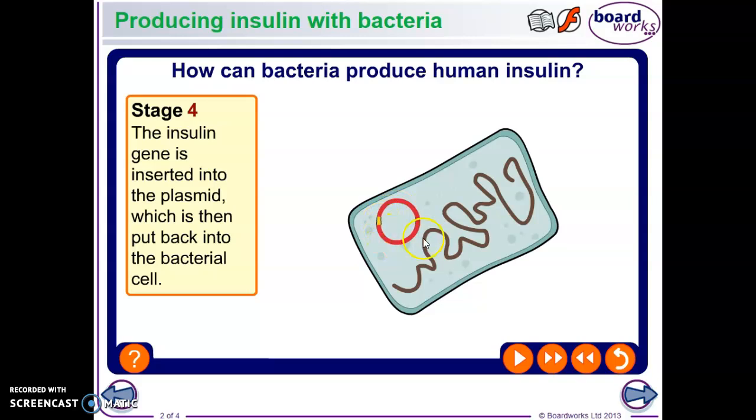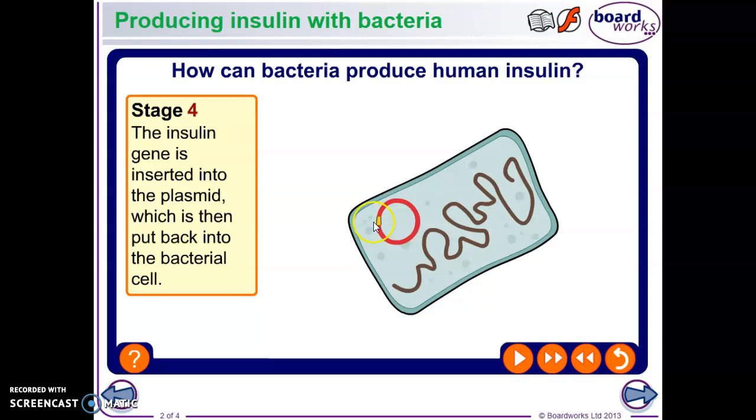That new piece of DNA, that plasmid that now has a new gene in it, is called a recombinant plasmid. That recombinant plasmid has been recombined. It's DNA of the bacteria in red and DNA of the human donor in yellow, and it has now been put back into the